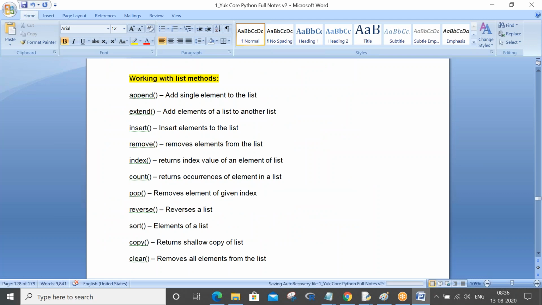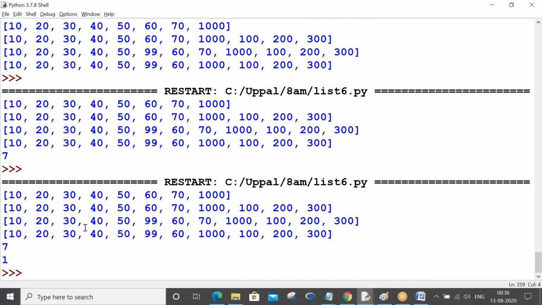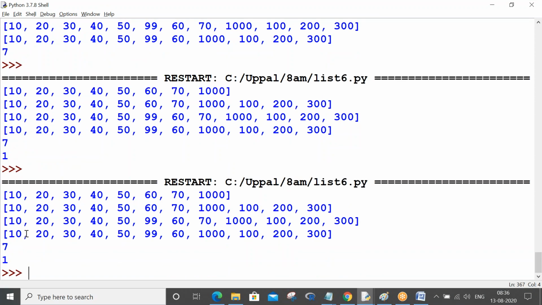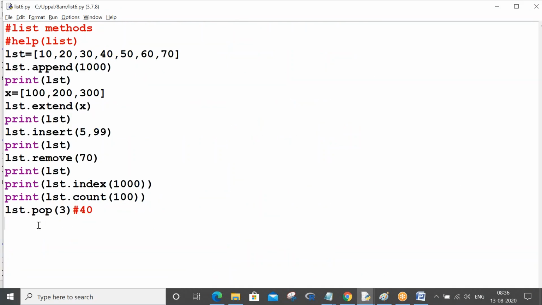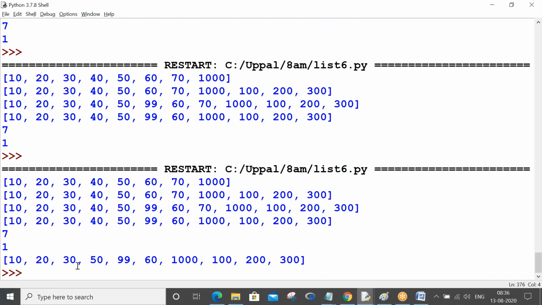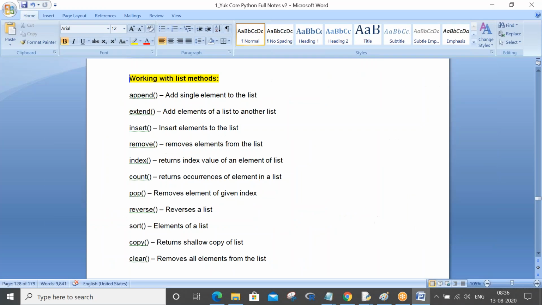Pop of 3 should remove 40. You can check. Wait, I have to print the new list. Print the latest list. Can you see 40 has gone? Pop means it will pop out any element, whatever index you have given.